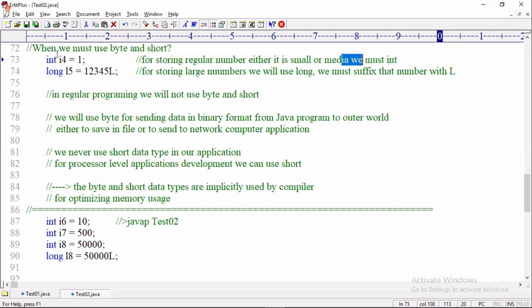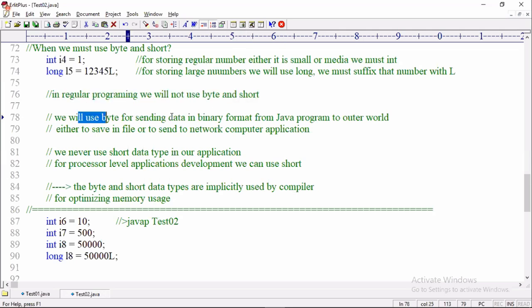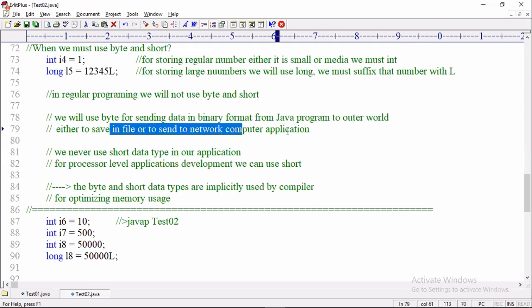In programming, for storing regular numbers, even if small or medium, we use the int data type only. You never see byte and short data types directly used in a program. Second, for storing large numbers, we use the long data type and the number must be suffixed with L. In regular programming, we will not use byte and short. We use byte only in the situation of sending data in a binary format from a Java program to the outer world, either to save in a file or to send network data.